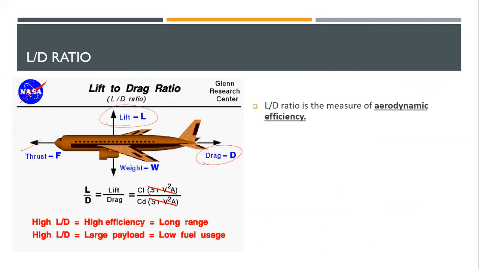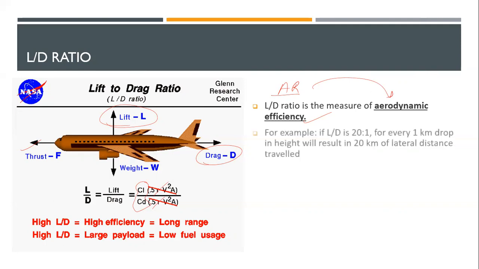Okay, I've also done the math here. You can see we have crossed everything except for CL by CD, and both are dependent on your angle of attack. L by D ratio is the measure of the aerodynamic efficiency. And I remember telling you something else. Aspect ratio is also the measure of aerodynamic efficiency. And these are the keywords you have to highlight in your notes. I've already underlined it for you because they have consistently come all the times in the DGCA exams.